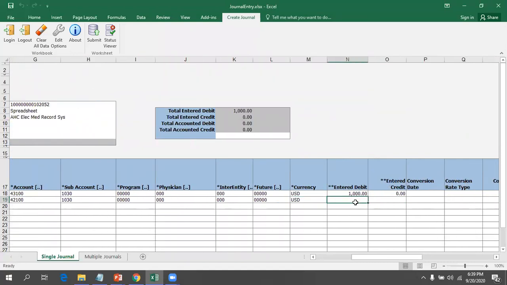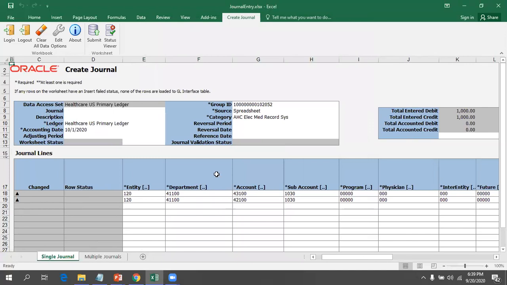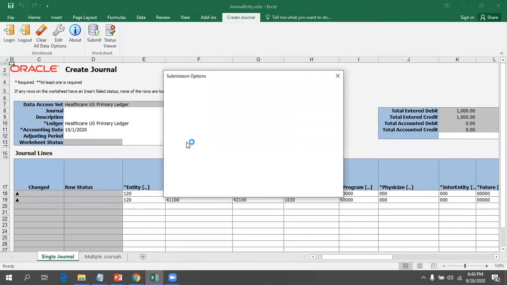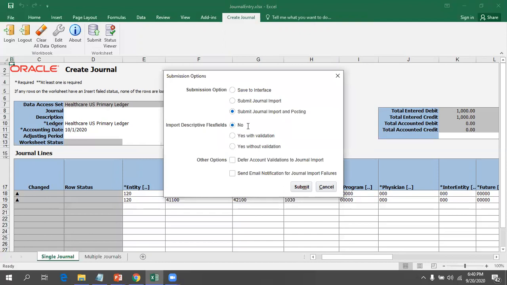Make sure that you enter the mandatory columns like currency. And here I'll go with 0, and here I'll go with 1000. So now pretty much my data is balanced. Here you can observe that it got auto summed up, right? Total entered, debit and credit, all the stuff. Now make sure that you always enter the mandatory set of columns. Click on submit. When you click on submit, it validates all the set of data which is required to be validated, and if everything is okay. Now here, if you observe, it is not giving me any error.